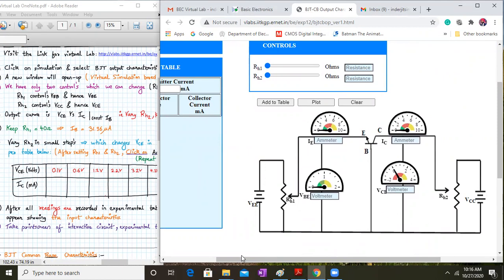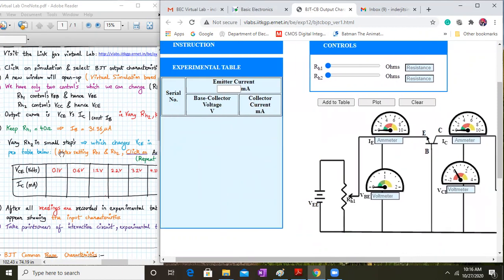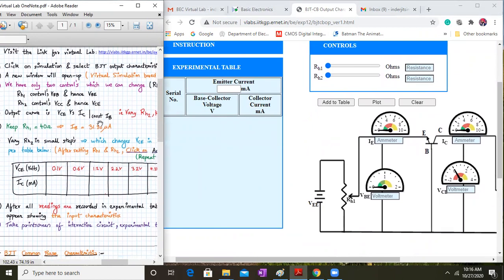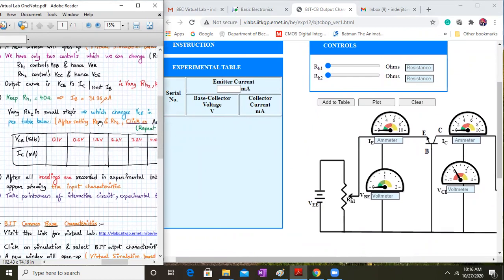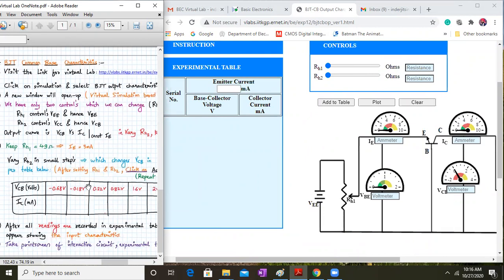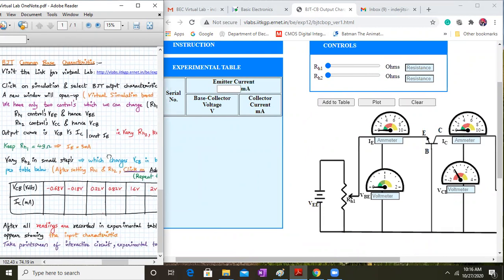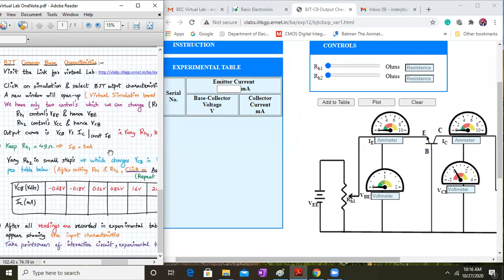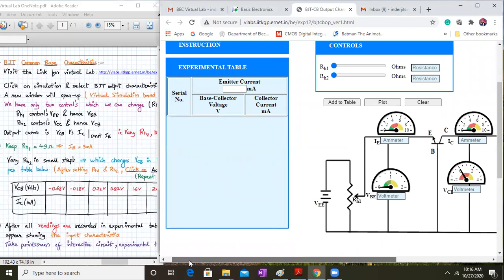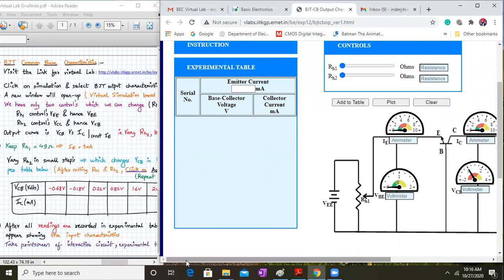Okay, but we know that the output characteristics for the common base mode is between VCB versus IC at a constant value of IE.